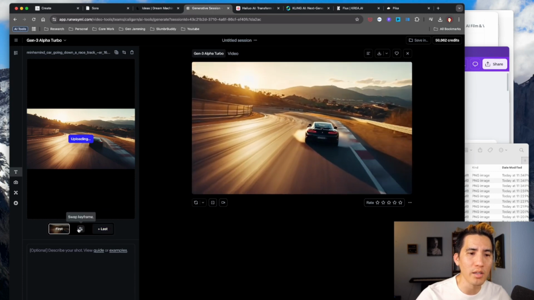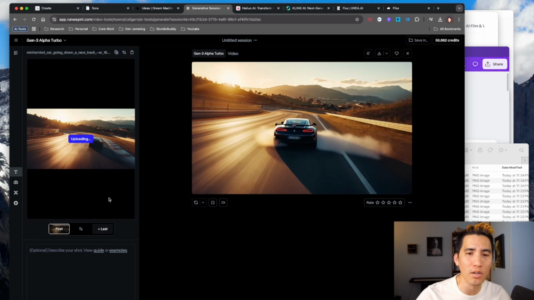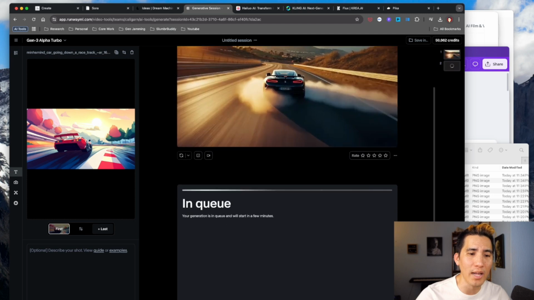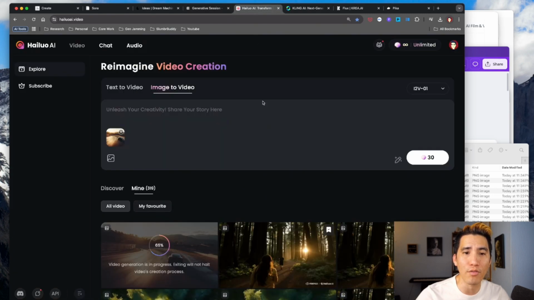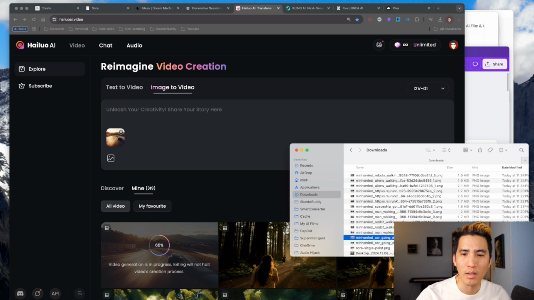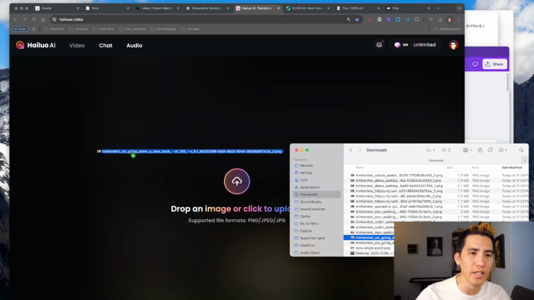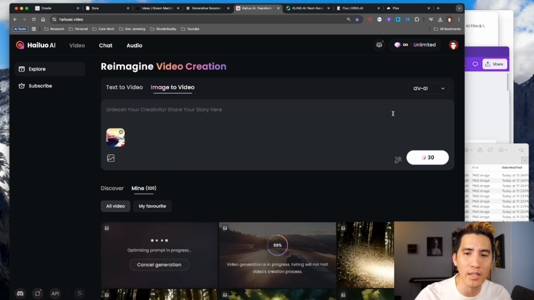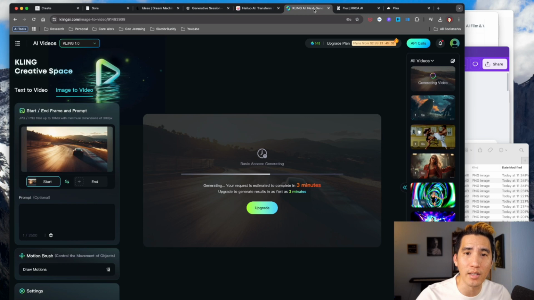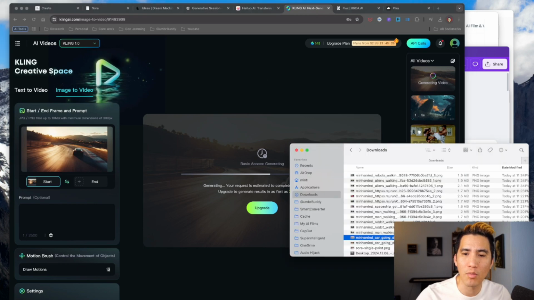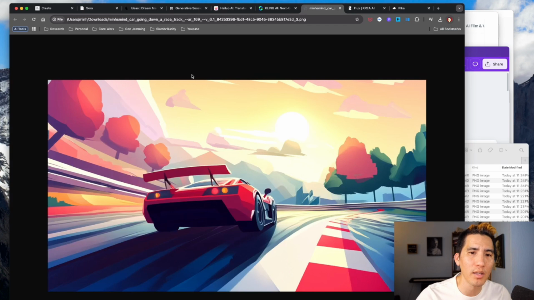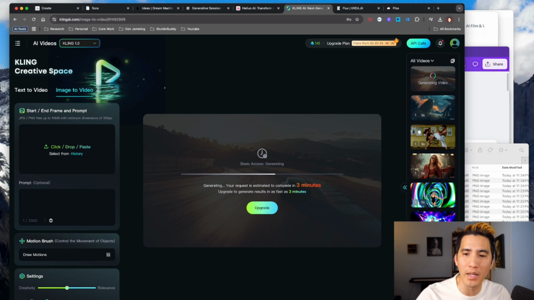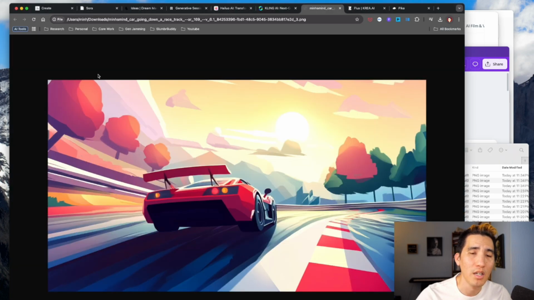And I'm also not using the first and last keyframing here on both Luma and Runway, but it is worth noting that you can do keyframing, which means that you can put the last and the first frame there, which does allow for some pretty fancy things where you can upload 2 images. Now Hailuo doesn't do that, unfortunately, but it does animate things really nicely. And let's do the same thing with Kling. Kling also does that. Now it's also worth noting that with Kling, you can also do keyframing, as well as you can use something called motion brush, which we're also not going to use